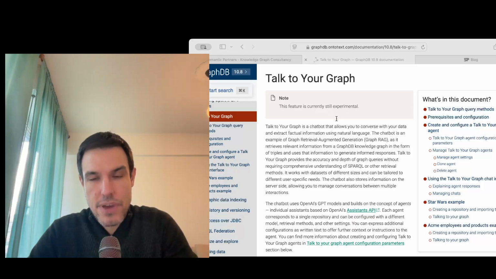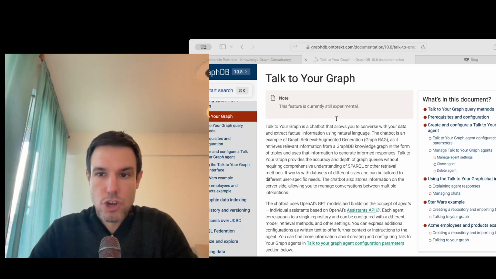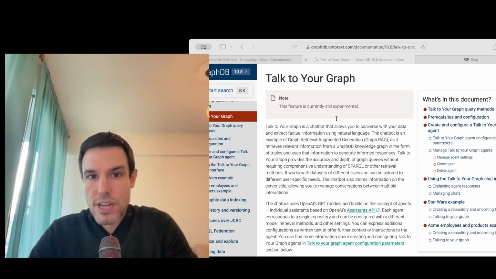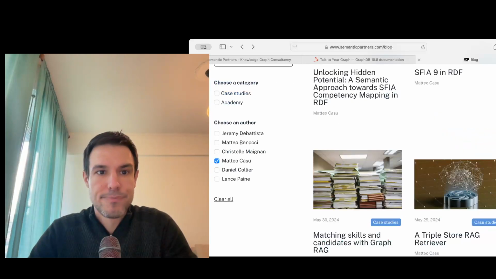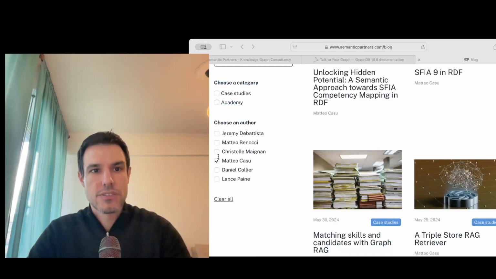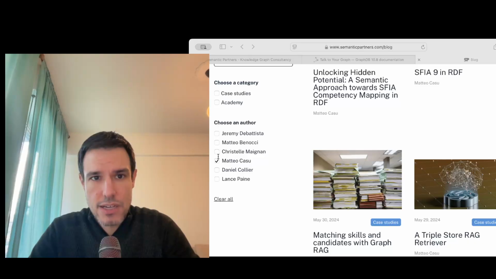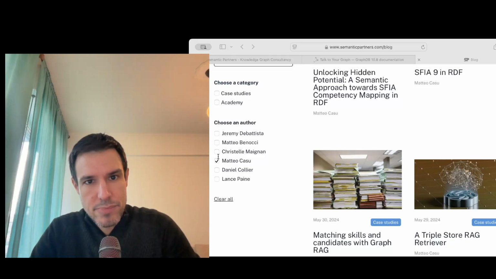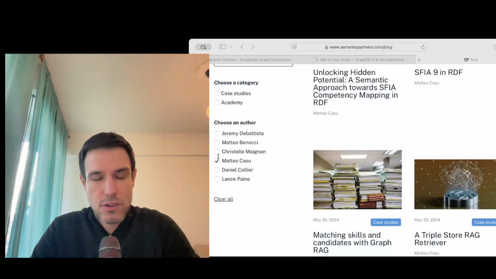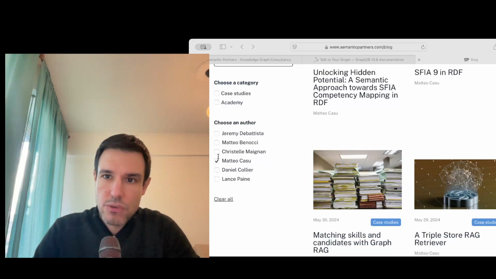use it. In fact, Talk to Your Graph is built on top of some features of GraphDB, like vector search, that you can utilize to build other things as well. And Talk to Your Graph is an example of agentic RAG. So if you'd like some practical introduction to RAG over semantic knowledge graphs, you can check out our Semantic Partners